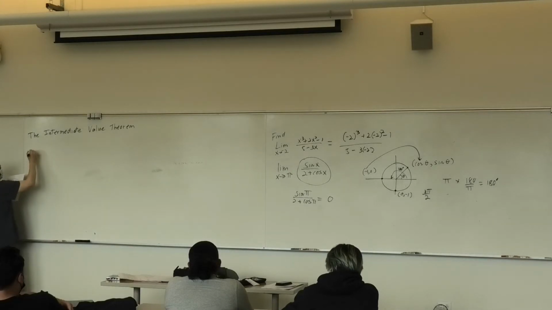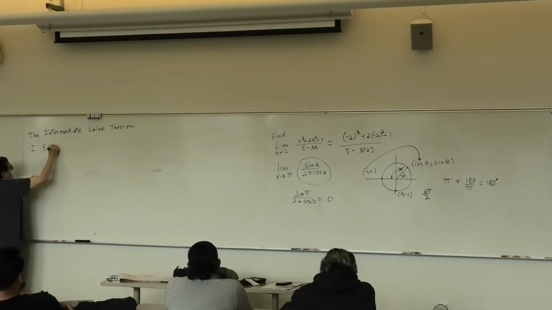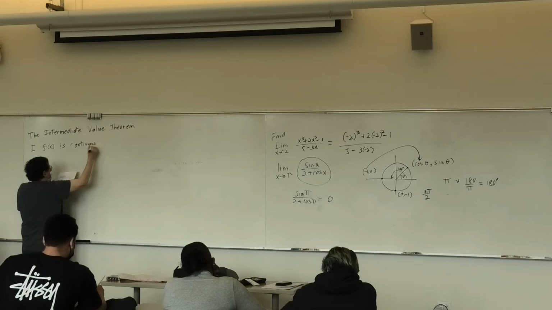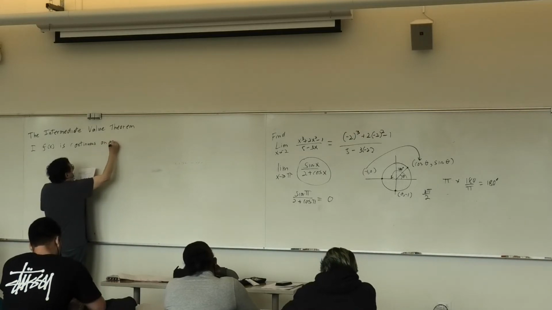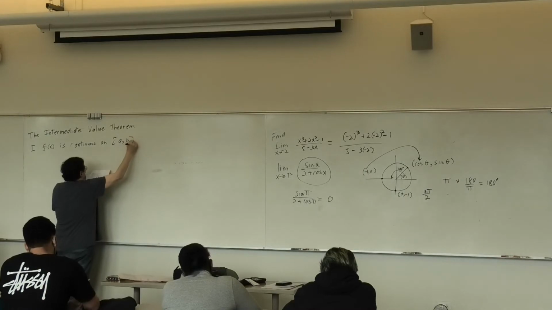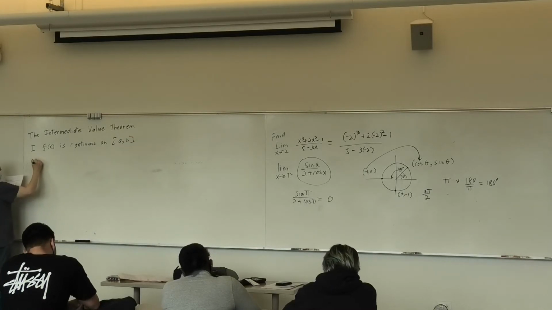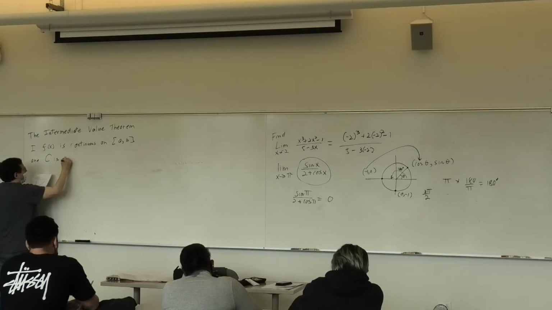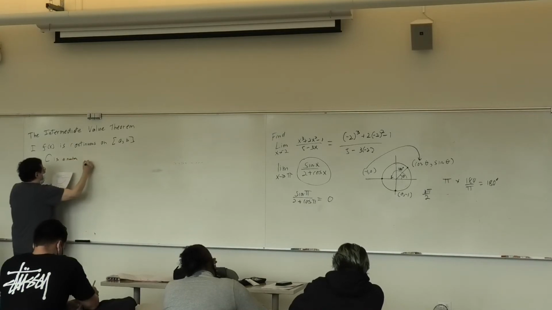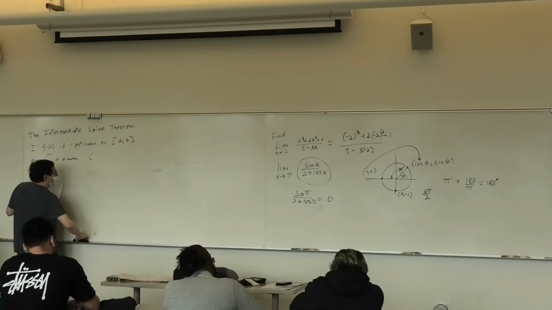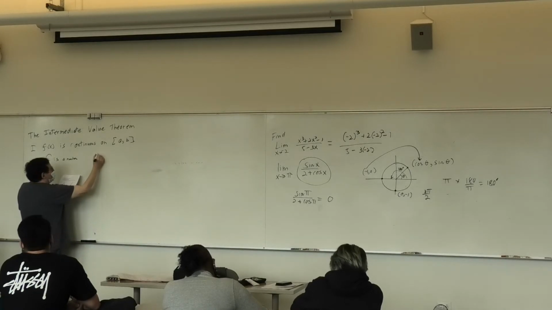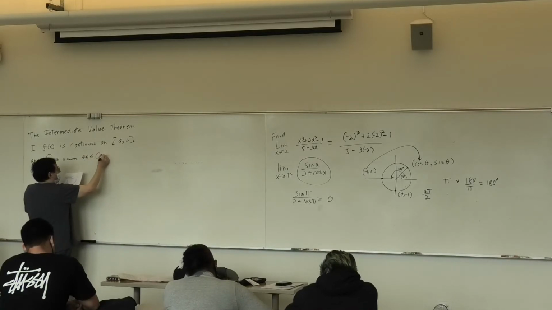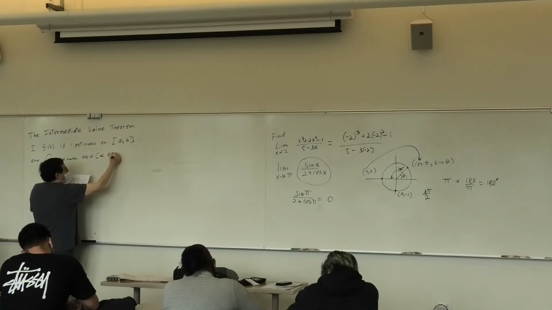And it says, if f of x is continuous on some interval a, b, and capital C is a number where C is greater than f of a and less than f of b,